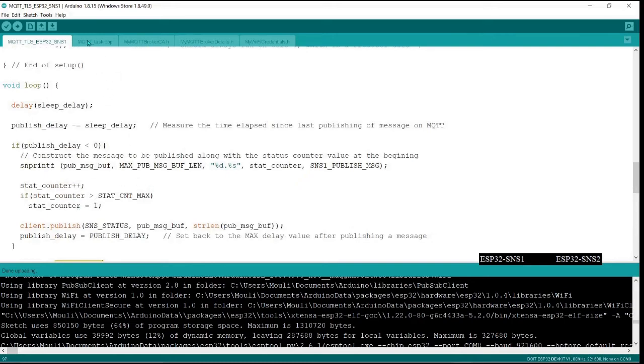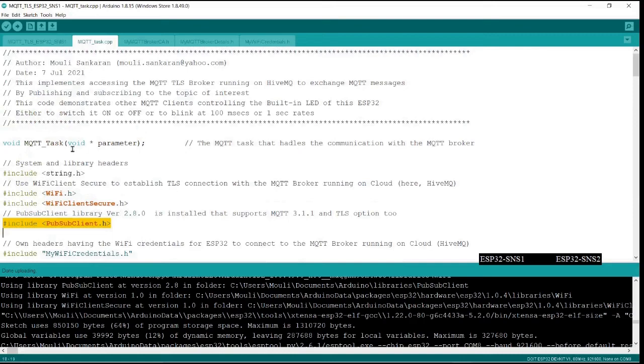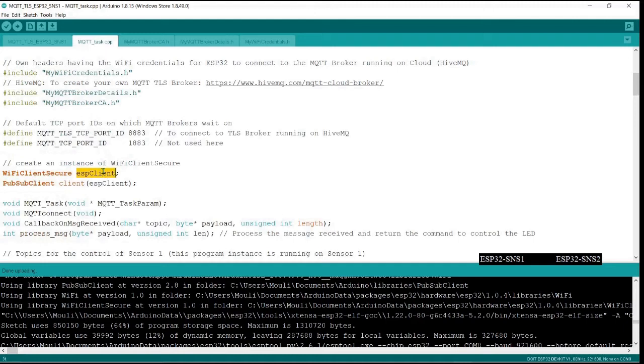Now let us go to the task which is running on the other core, which is the MQTT task. Here we are really creating the objects to establish the connection with the broker. First, with the Wi-Fi we need to create an object of secure Wi-Fi client, because we need a secure connection with the broker, and then use that object, which is ESP client.